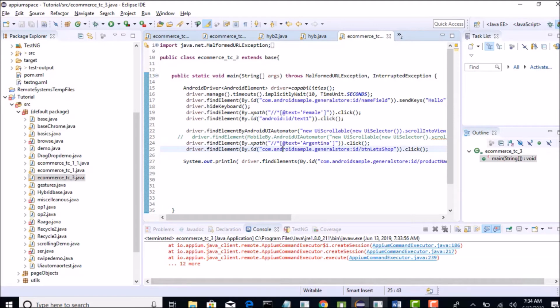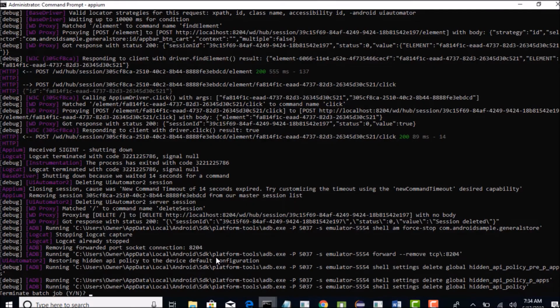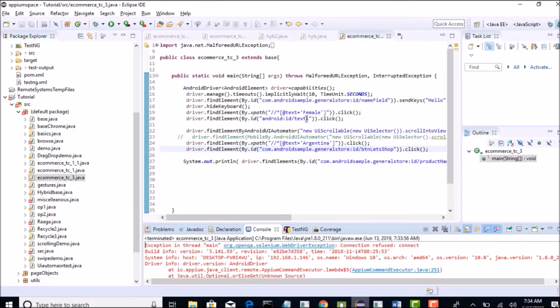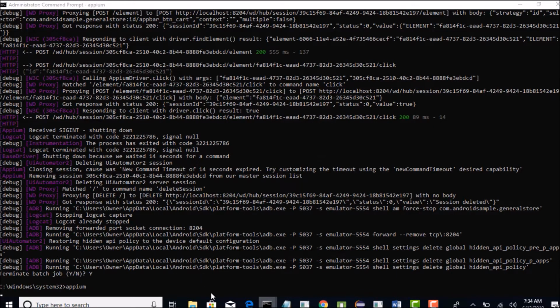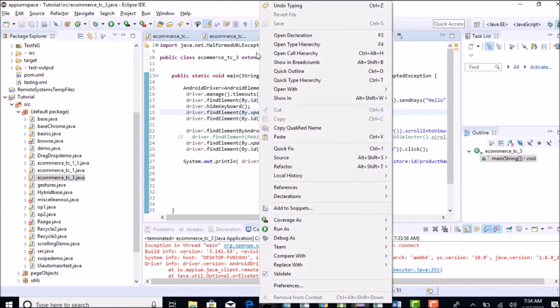Okay, did I start the Appium server? No, not yet. Let's go and start it, and then come back to your Eclipse. Don't worry, when I am dealing with the framework sections, I will automatically start this Appium server programmatically from the code instead of starting it every time from the command prompt.